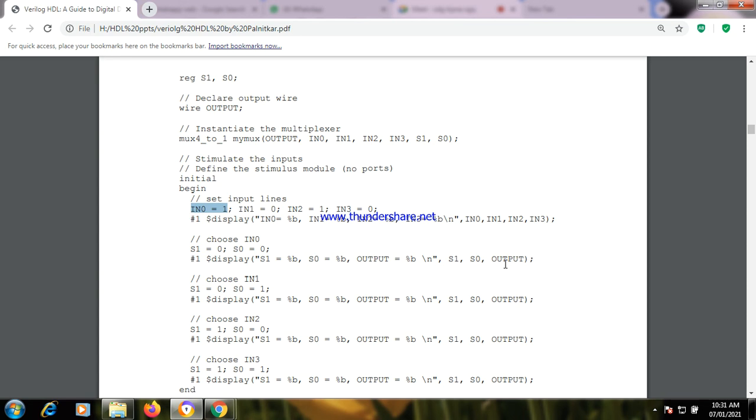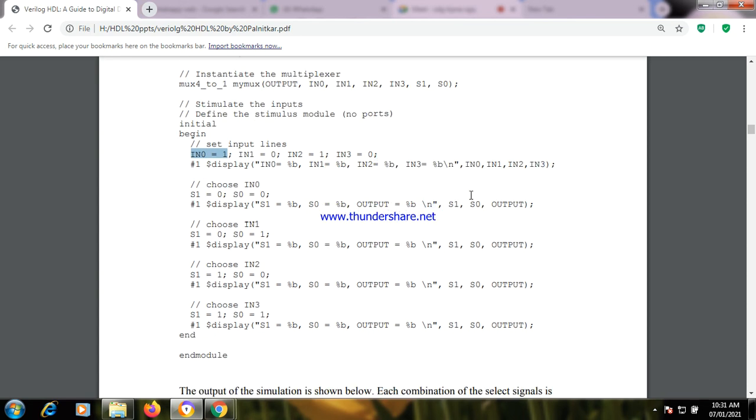Getting it? Stimulus means we are just taking the simulation part here. Clear? Choose IN0 means select lines are 0, 0. If select lines are 0, 0, then only you can expect IN0 at the output side. Then we display S1, S0 and output.